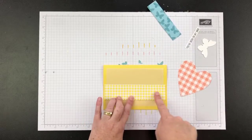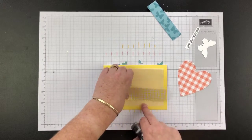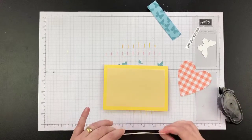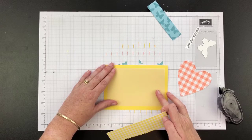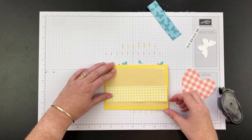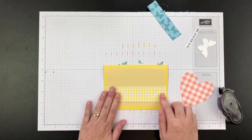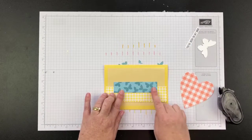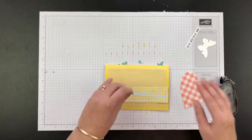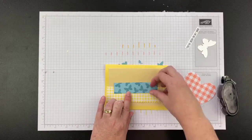Okay, so I'm going to stick this piece down first using my adhesive. So I'm just going to stick it through the middle, because that's what's going to be showing, attaching to my vellum, not the whole lot. Line that up. And I am using the grid lines to help me make that nice and straight. Okay, so I can stick that down. Then I'm going to stick this bit just slightly on top. So I'm going to have half hanging off and half hanging on. So we'll just stick that down about there. Make sure it's even on both left and right sides,